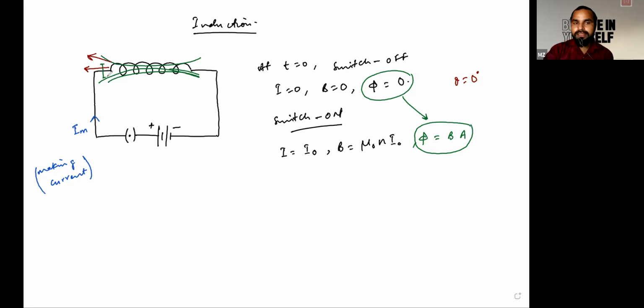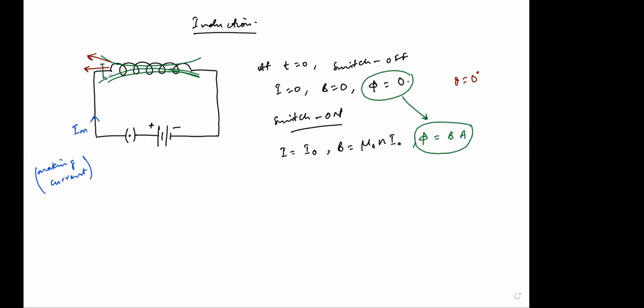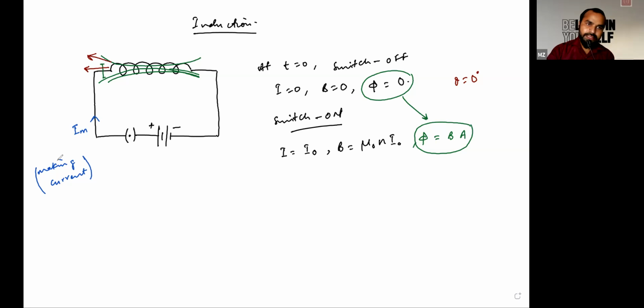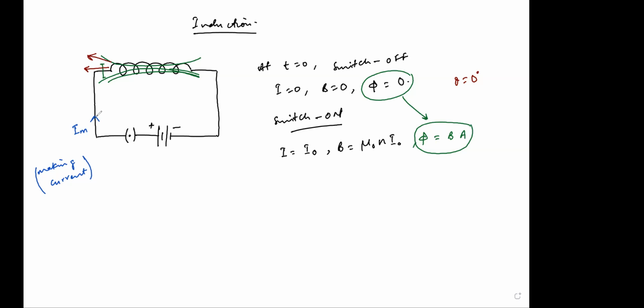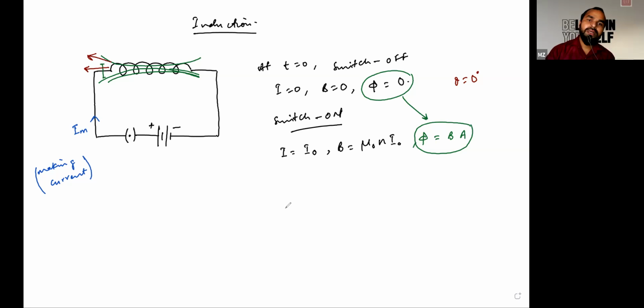So here flux is increasing or decreasing? Whether flux is increasing or decreasing in this particular situation? So it's increasing. So according to Lenz's law, if flux is increasing, then the induced EMF tends to oppose it by reducing it. So by induction of an EMF due to changing flux in this coil, a current will be induced in this loop in the opposite direction. Let's call it I induced. Is it clear to everyone?